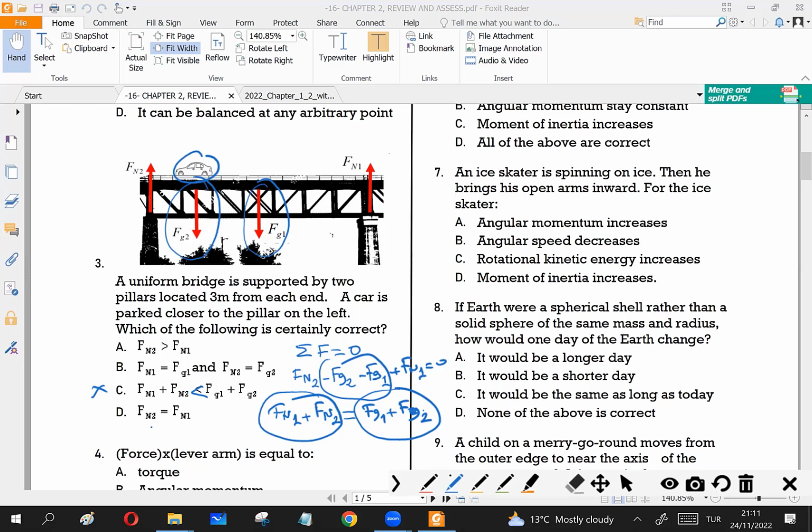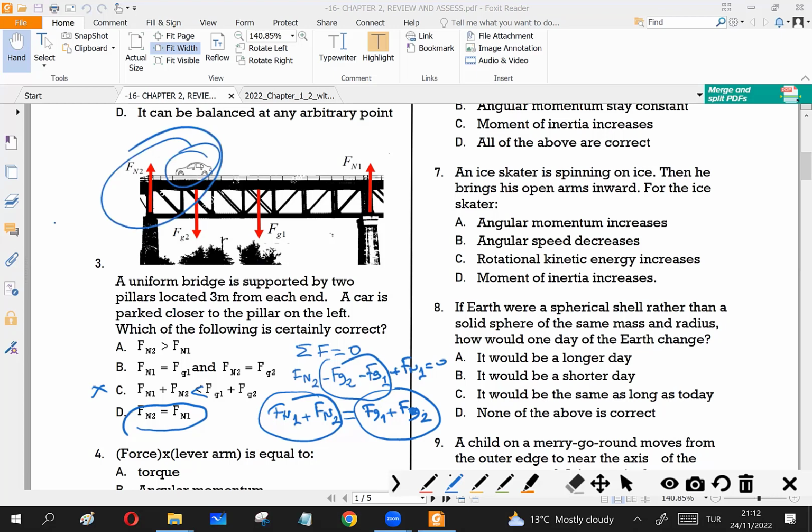And the next one says Fn2 is equal to Fn1. It is possible if there is no car. In this case, it's a uniform bridge. For a uniform object, we know the center of mass or center of gravity is the midpoint. And if you support it from the midpoint, you can balance it, which means that the right side and left side forces must be equal to each other. But in this bridge now, there is a car. What does it mean? Mass is closer. Which side is heavier in mass, left side or right side? Because the car is closer to the left side, of course, the left side is